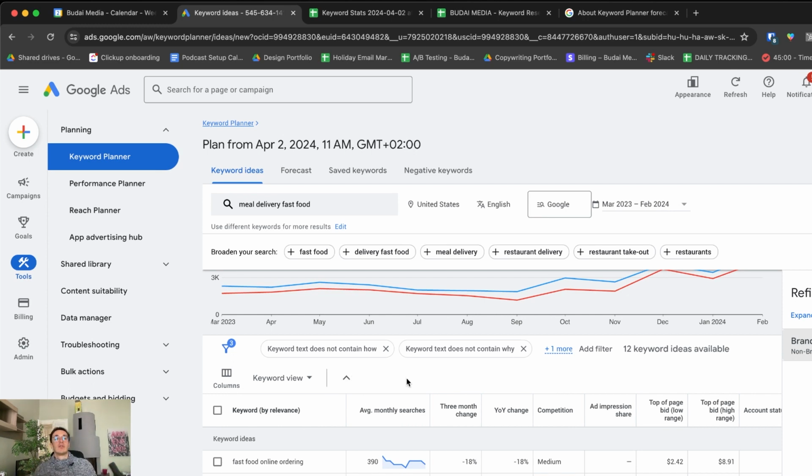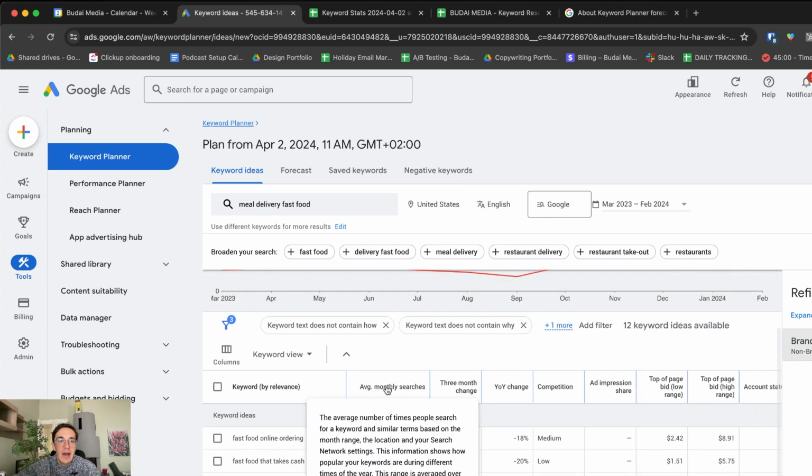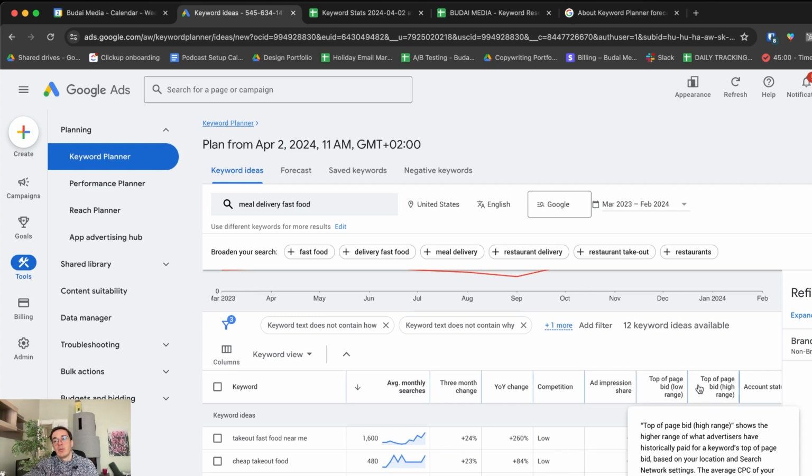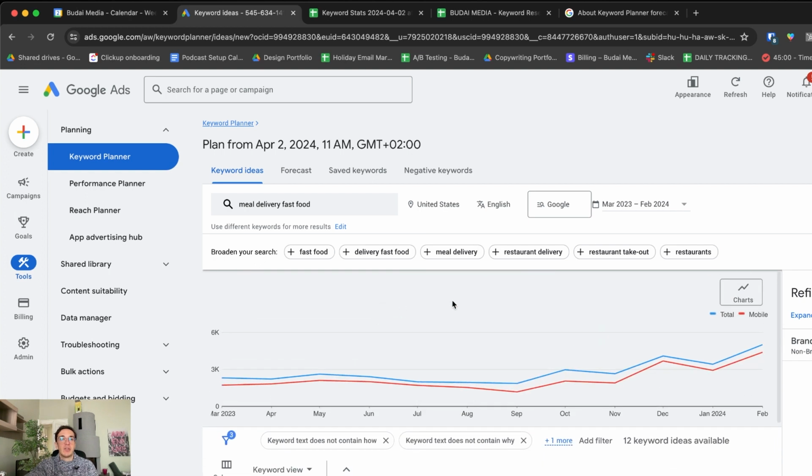You want to go for the transactional or the commercial keywords in the first place. Check those where you can see enough search volume, and ideally where the trend has been going up, and competition is secondary. So don't be afraid of high or medium competition, and here you can see how much you need to pay if you want to be on the top or more on the lower places when it comes to placement. Once you are clear what you want, consider negative keywords as well, and go for 10-20 keywords